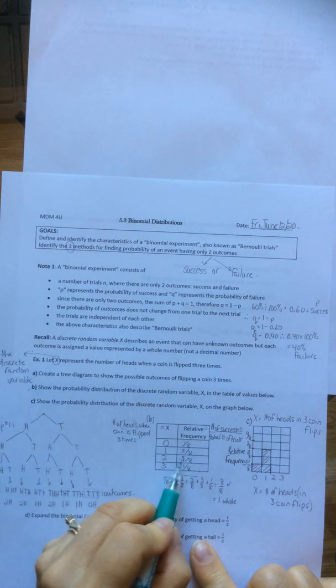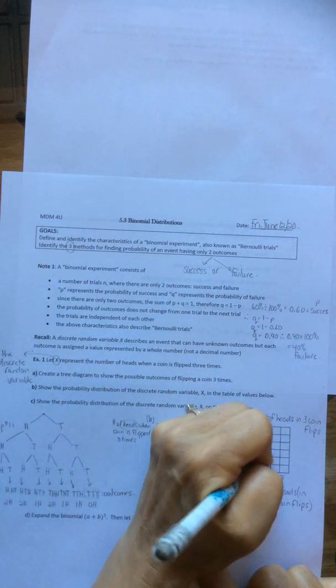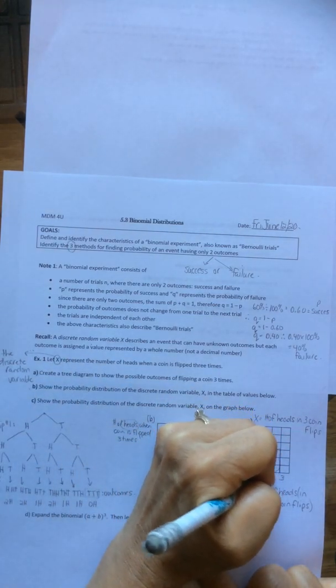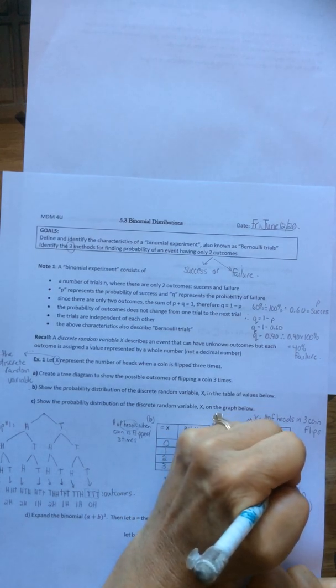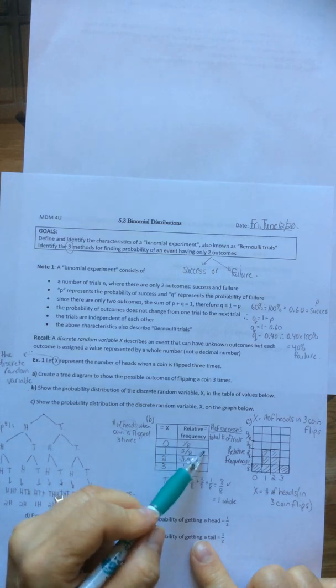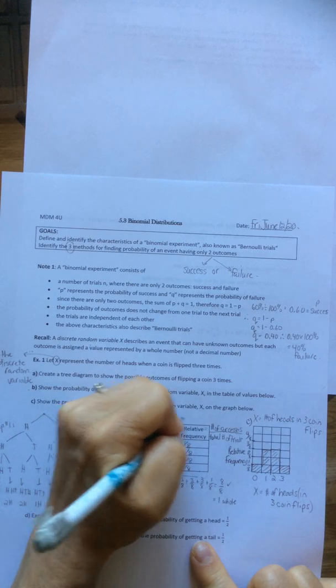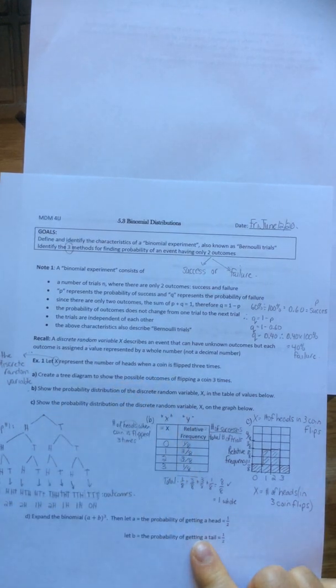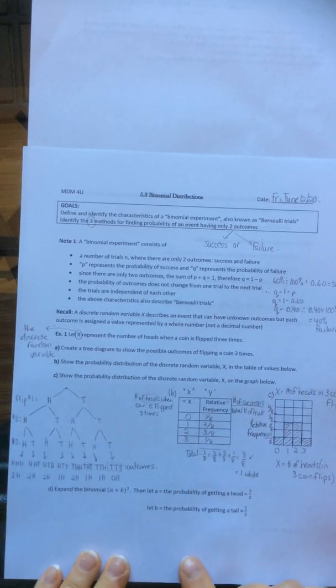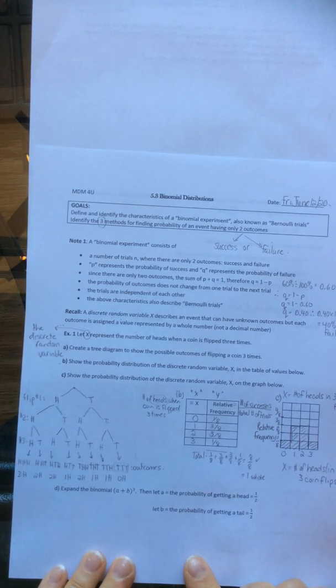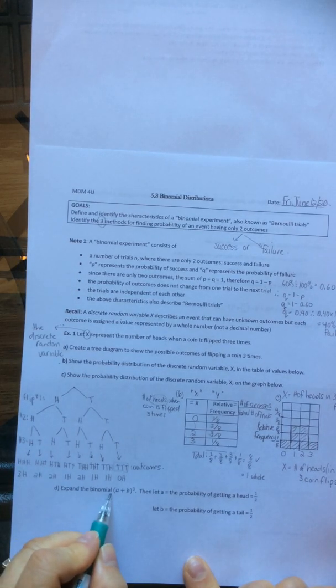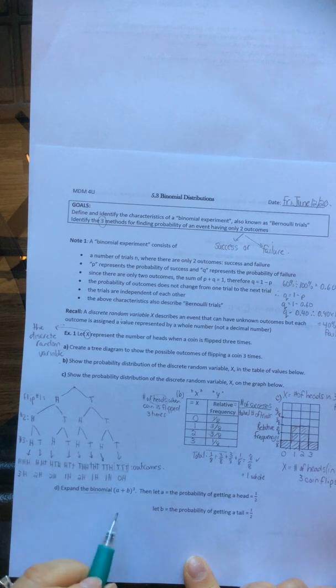When x is 2, I have 3/8. And when x is 3, I get 1/8. So just like in grade 9, this table is influencing this graph because this is like the x value and this is like the y value. Okay? All right. Now, if we took the idea that we learned earlier to expand the binomial, we could actually